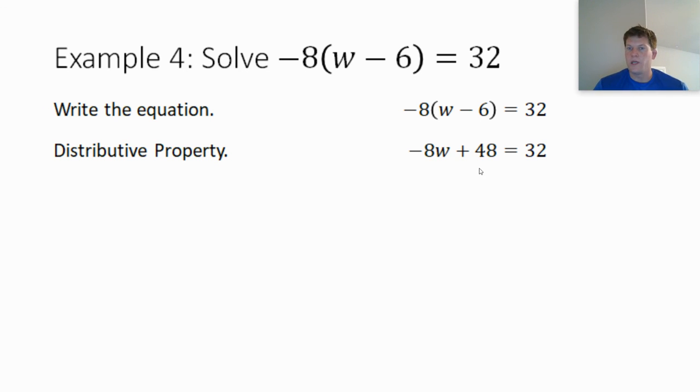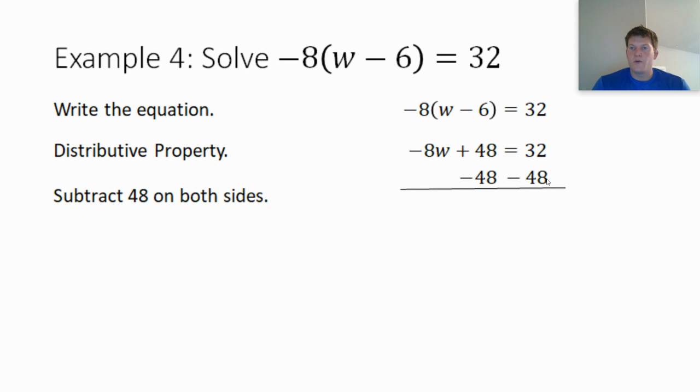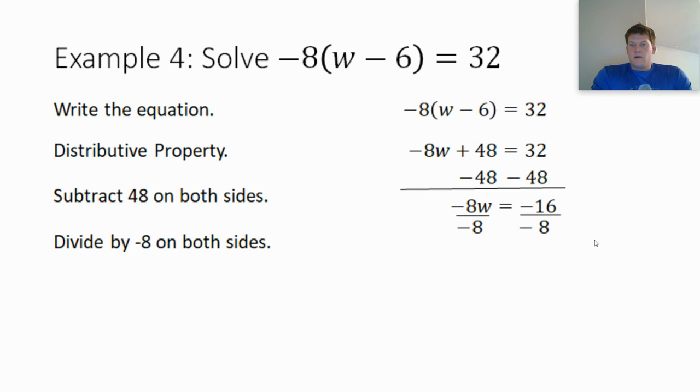Two-step equation at this point. Get rid of our addition or subtraction first. So I see plus 48. Let's get rid of that by subtracting that 48 from both sides. 32 minus 48 is going to get us a negative number. It gets us -16. Last but not least, get rid of that -8 with the w by doing the opposite. Since it's right next to the variable, it's being multiplied. So get rid of it by dividing. -16 divided by -8, positive 2. There's example number 4.